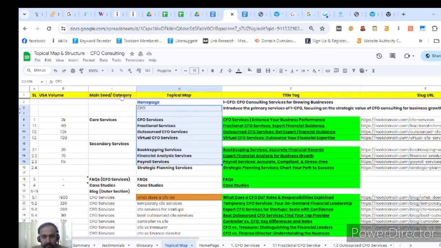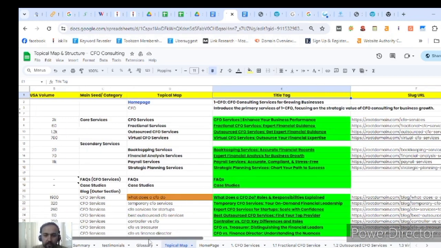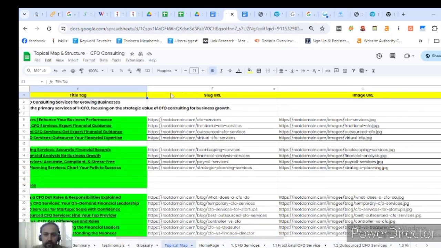So this is the layout, with the topics which make up your complete website, and this is the title tag, which you can say is the SEO title. Here are the main website URLs, like your root domain, then the second level.